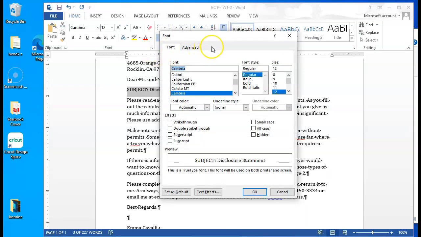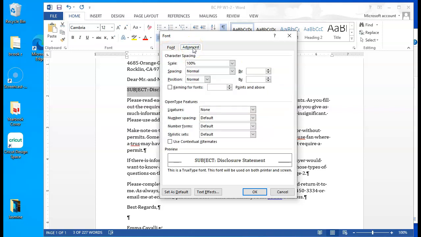You can also press Control D to open the font launcher, the font dialog box, which is where we are now. So click on the Advanced tab right here,